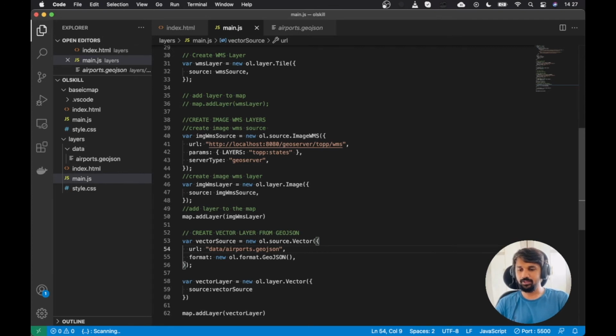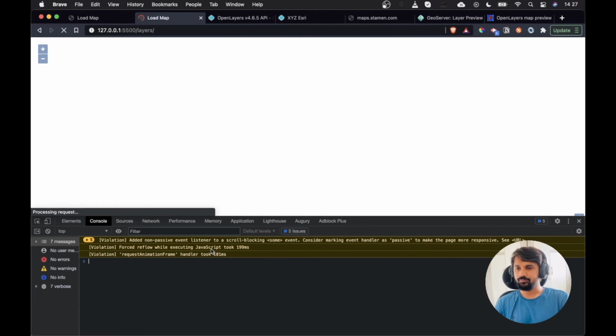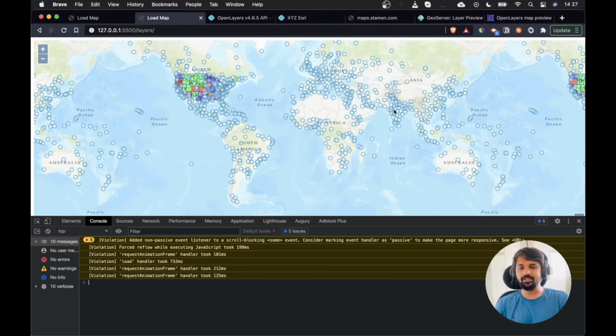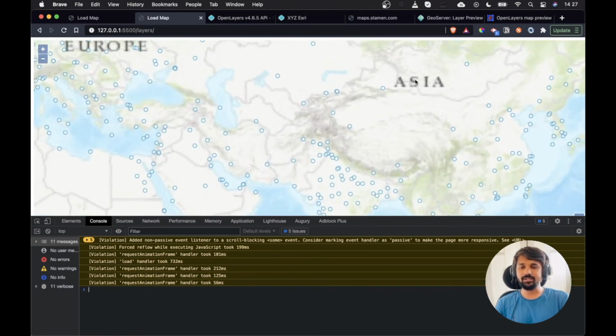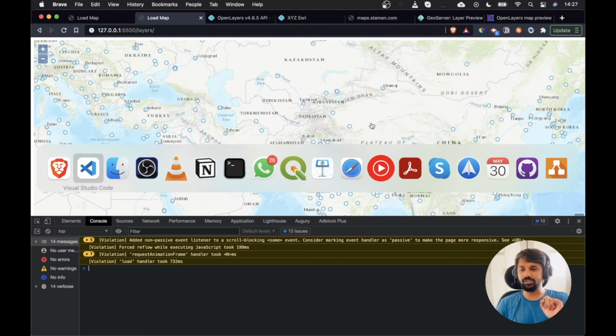I will simply remove this slash and then there we go. You can see that we have all these dots available to us on the map, which are basically representation of airports that we fetched from the GeoJSON. You can see that without even providing any style information, OpenLayers is taking care of some default styling. But this is something we can definitely change.